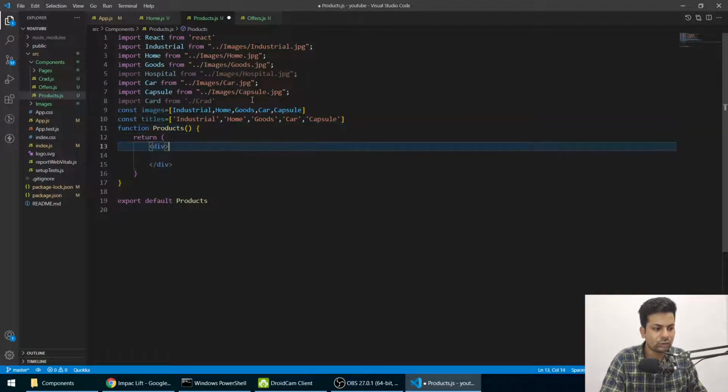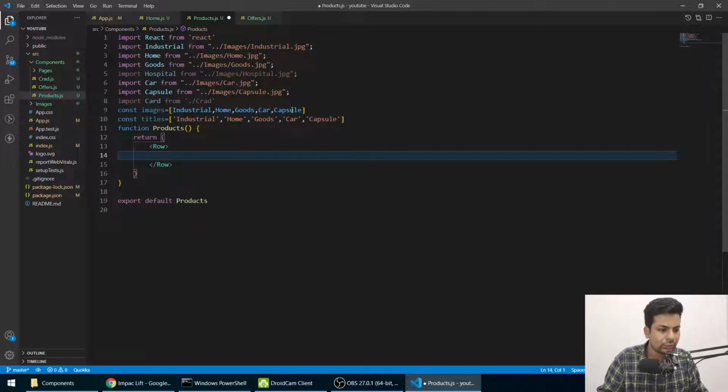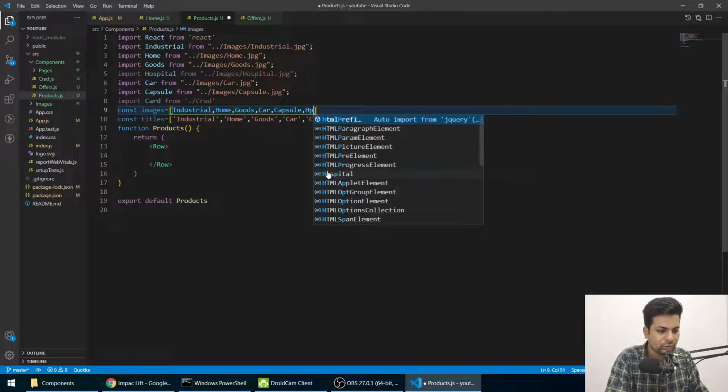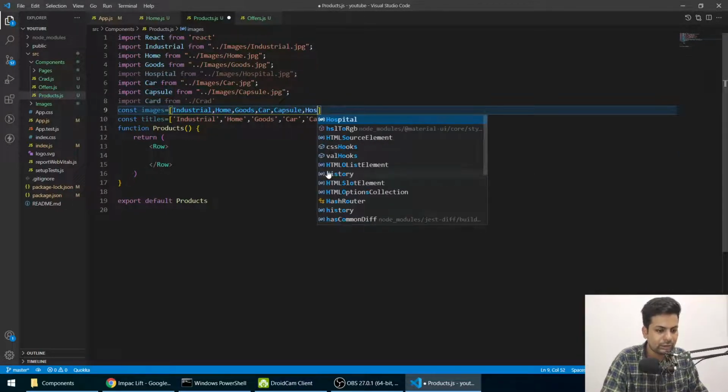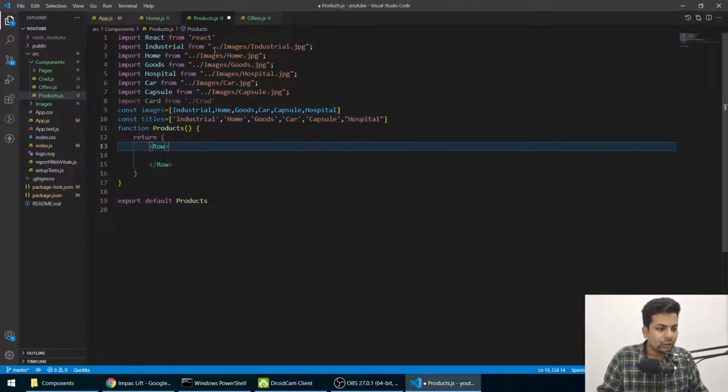Okay guys, now come here and we'll just make it as row, and hospital is left, I guess. Hospital, yeah, and here we also write in bracket hospital. Okay, now we have to import these two things.